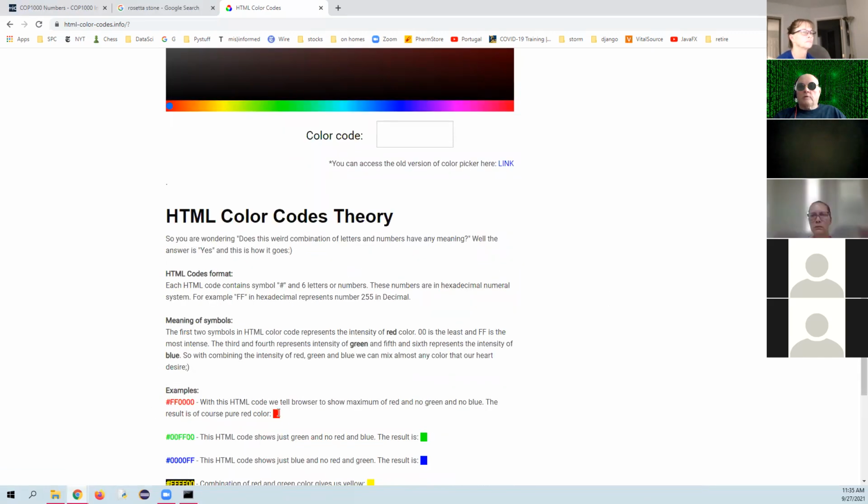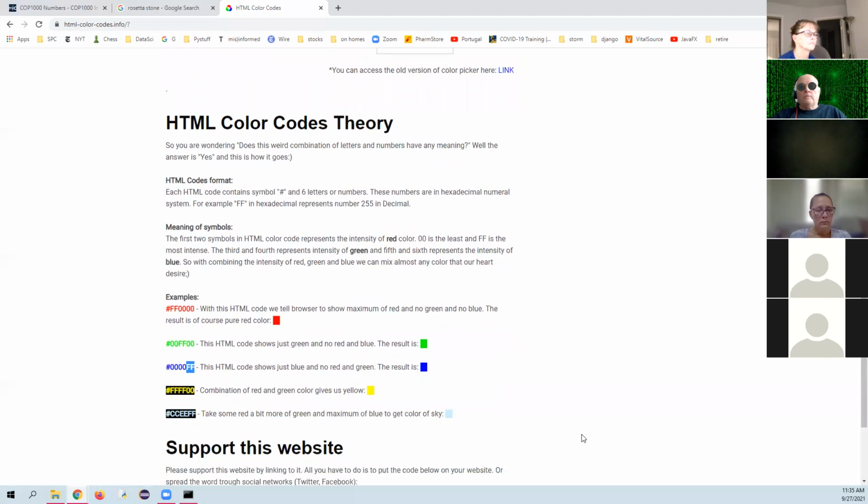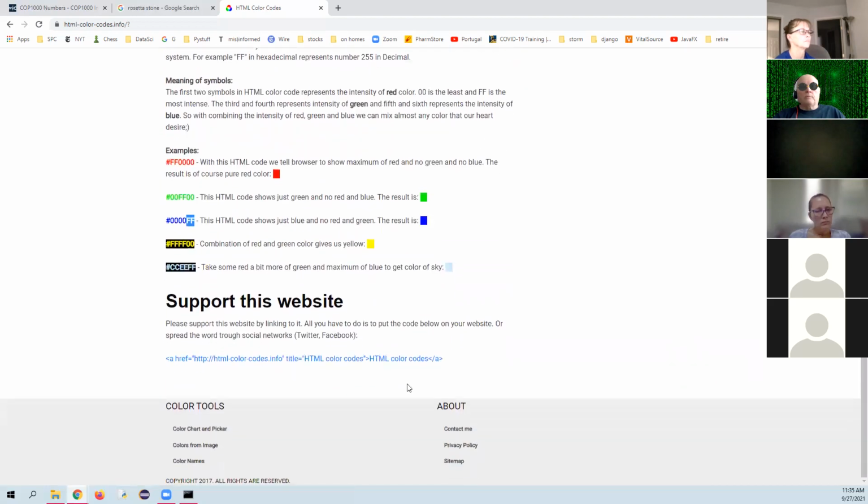I'm not sure if this is what I just got or not, but there you can see FF0000 gives us a red. If you only turn on the middle 2, that gives you green. If you turn on the last 2, that gives you all blue. But you can have any value from 0 to FF for either the red, the green, or the blue to get all the other possible colors